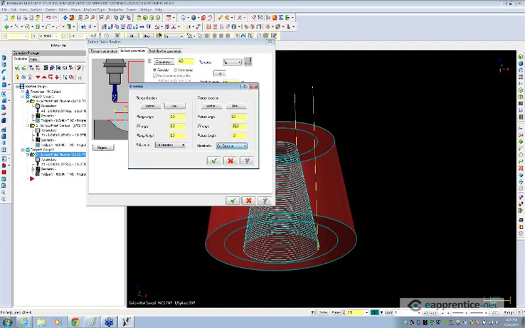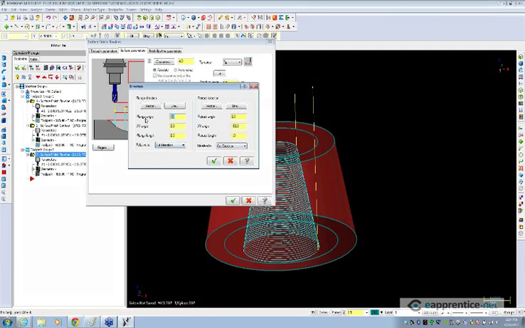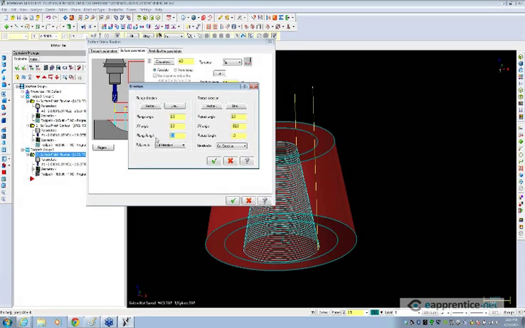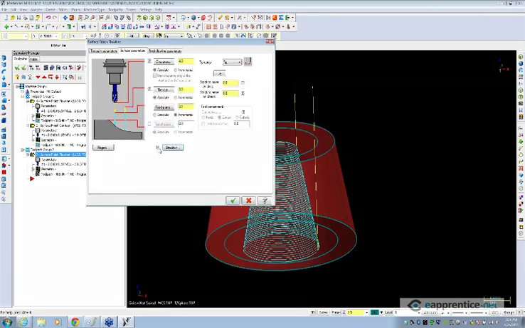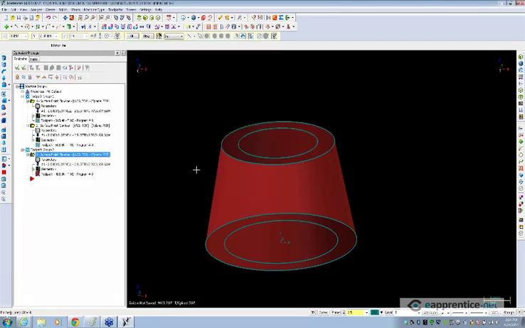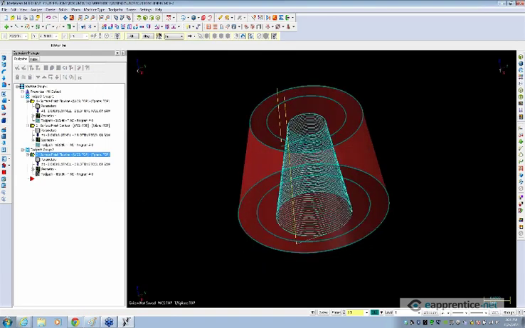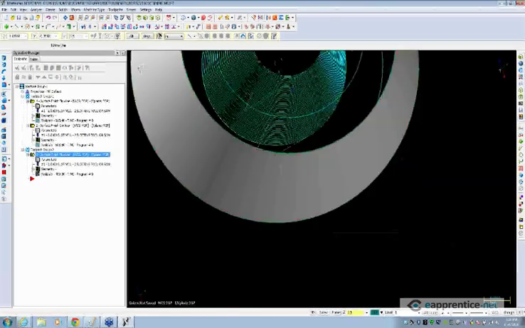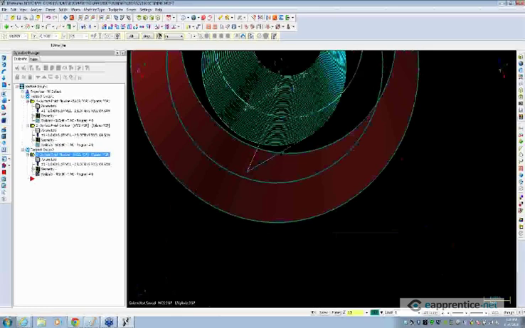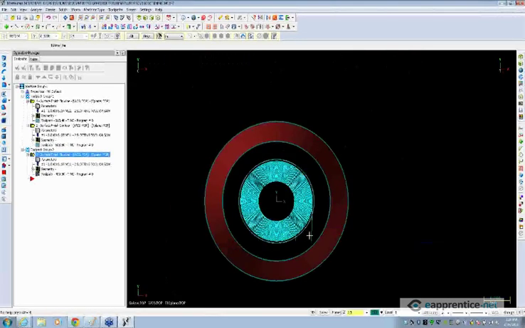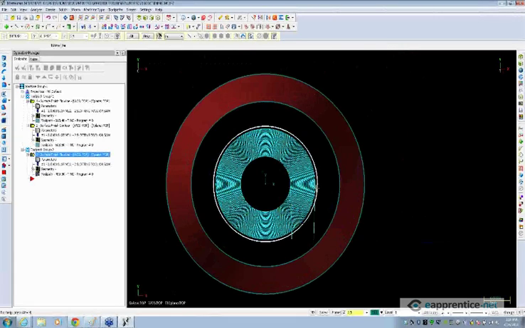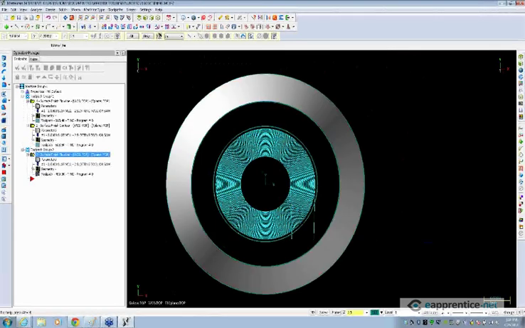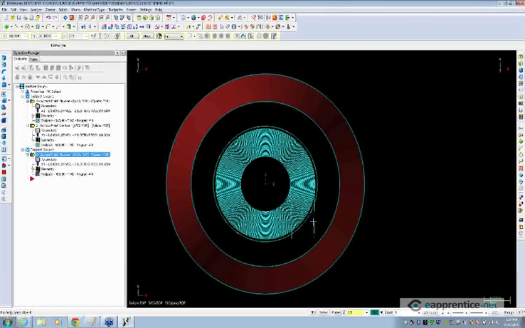I'll do cut direction here, and what I'll set is a plunge angle of 0, an XY angle of 0, a plunge length of 0.5. So if we do that, and actually let me do a plunge length of 1 so that we can see it. So with direction enabled, what we now have, and you can see it here, is this 1-inch long lead-in motion. And if I look at it from the top, both of them are going kind of the same direction. Now obviously this is crashing into my surface,